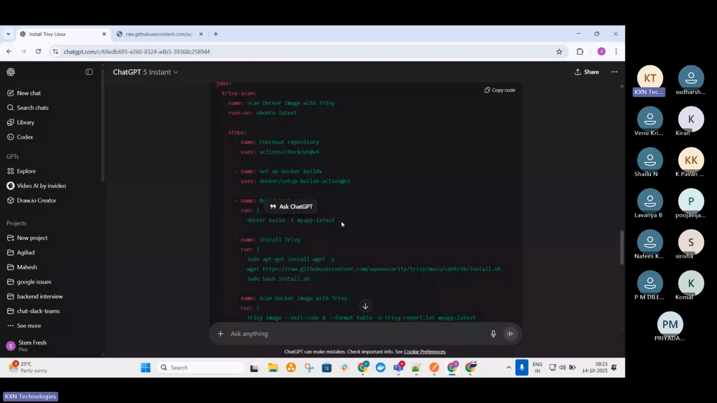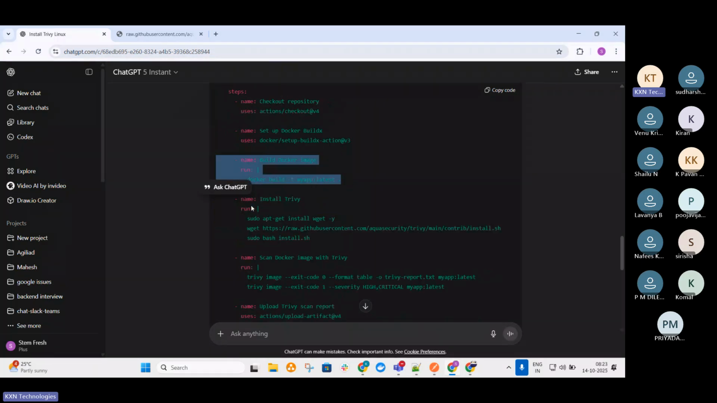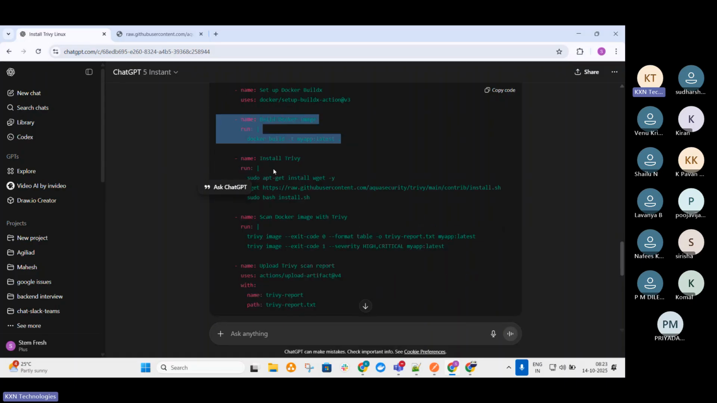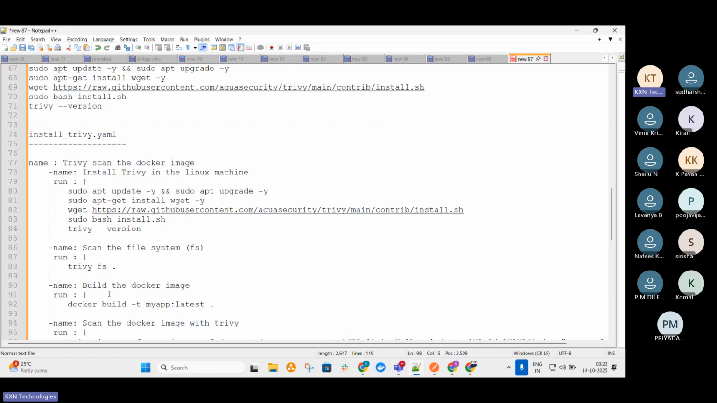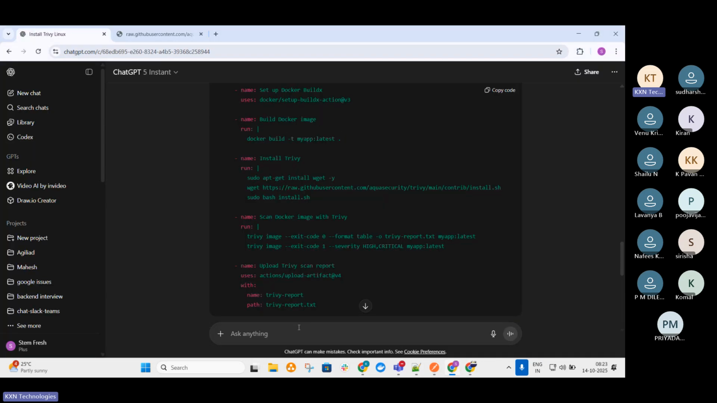This step should be after, because they're not doing any file system scan. But when you're writing quality pipelines, it is very important that building a Docker image takes a lot of time, and scanning the file system is the fastest. Let's say you can ask here, scan file system with Trivy,